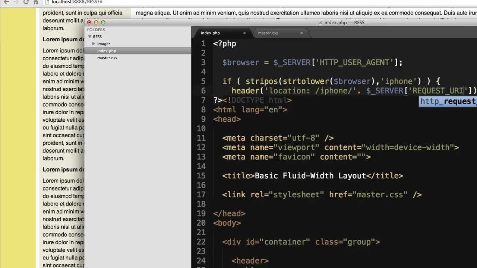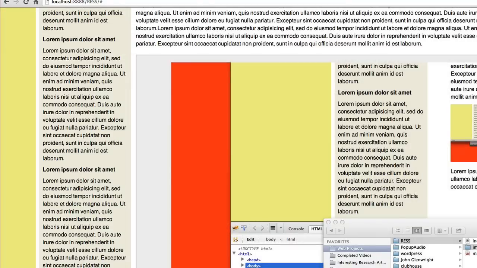And obviously this is assuming you have a different template for iPhone users, but this is just a good example of how some websites redirect to an iPhone specific version as soon as you access the page. So that's that. If we save that, I think we're now using the desktop user agent string. So if we refresh,